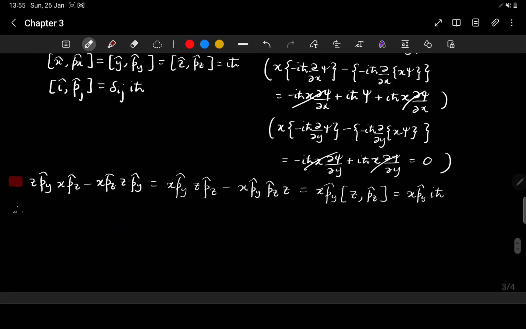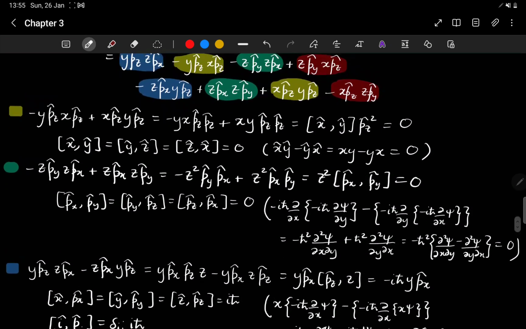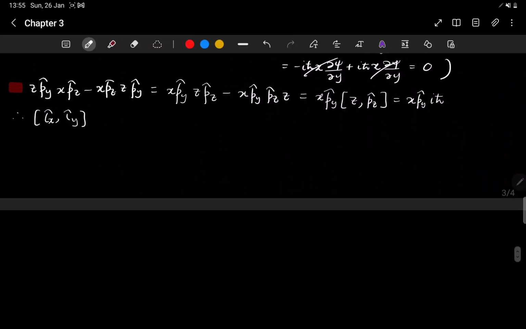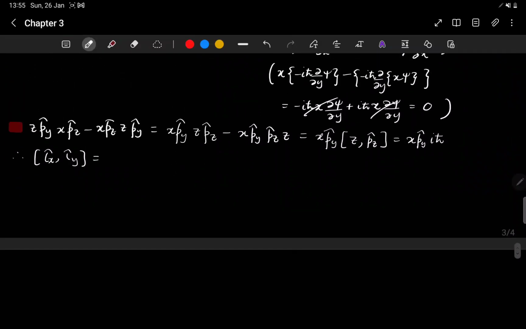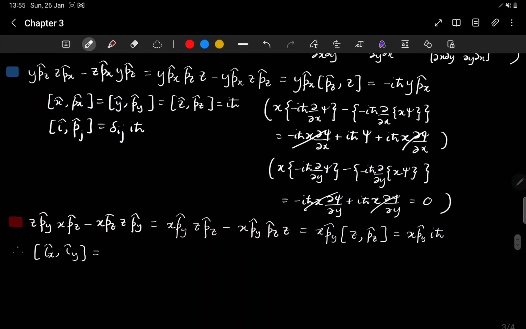So therefore Lx Ly, this commutator, and the yellow and the green pairings added up to give 0. We were left with the blue and the red pairings. So writing down the blue and the red pairings, the blue pairing was minus iħ cross y px, and then the red pairing was iħ cross x py, and this, if you notice, is the Lz